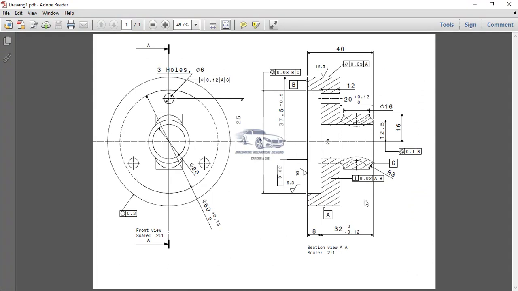Next we have this option of perpendicularity tolerances.